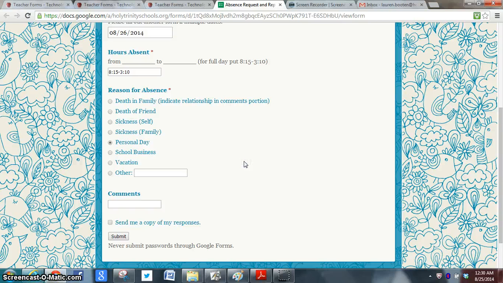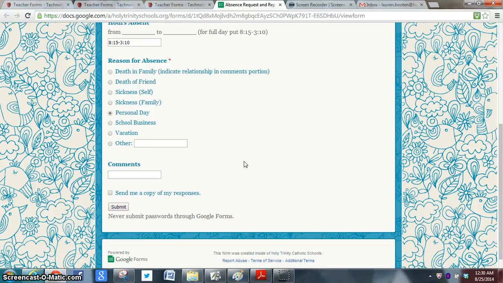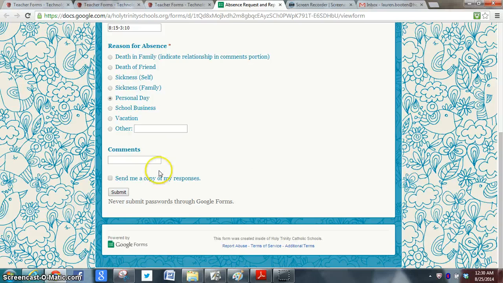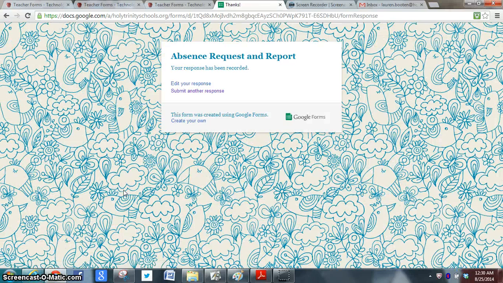And then I will hopefully get this set up so it'll send it to Mindy too, so she can keep up to date on the number of days you've taken off. But it has to be approved by Michael first, so I'm not sure on that one yet. So then I'm going to hit submit. And then you can go back and edit your response, but after you leave this, you won't be able to edit it. So if you had wanted to cancel it, you'd have to just contact Michael on your own